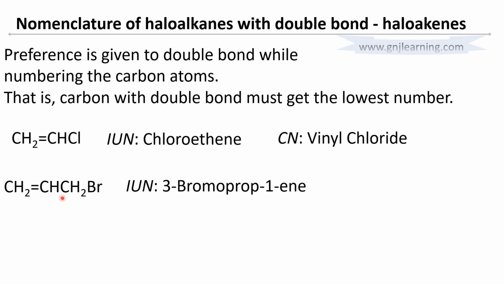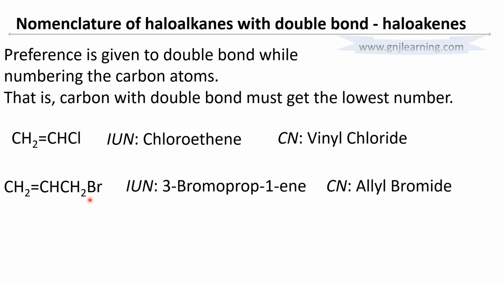So what type of carbon is an sp3 carbon when it is attached to sp2? We call it an allylic carbon. And the bromine attached to this allylic carbon, if it is attached like that, then this class of compounds is called allylic halides. And this is the first member of that group, where sp3 is attached to an sp2. Since it is the first member, this compound is generally called